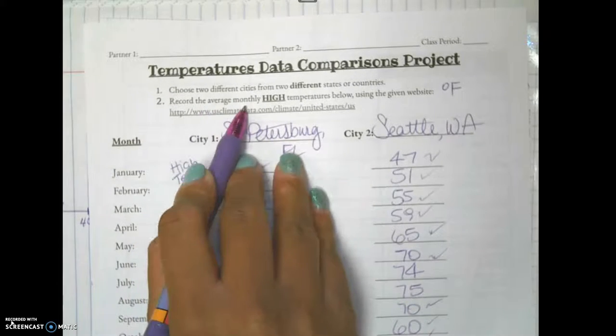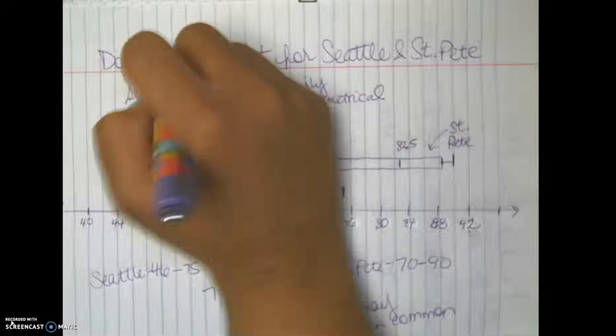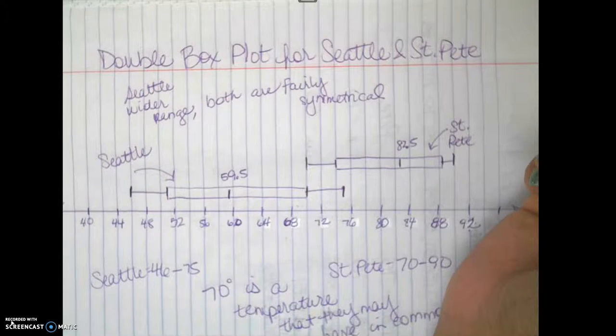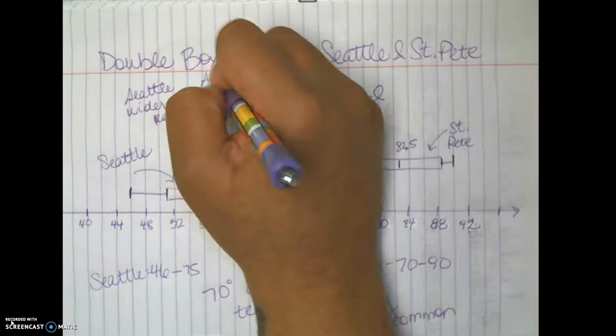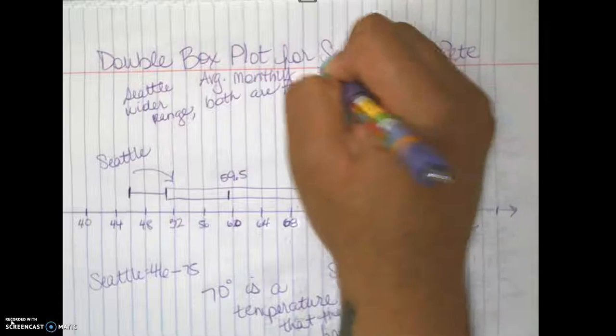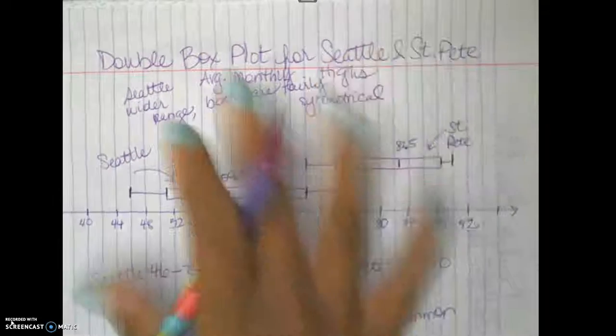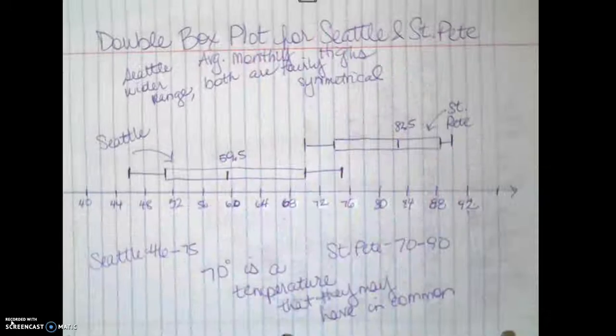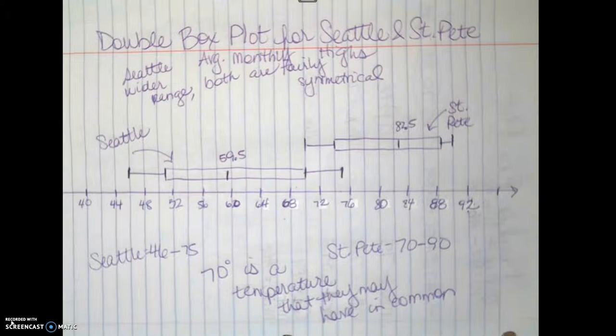Average. Average monthly. For Seattle and St. Pete, average monthly highs. Again, this is my sloppy copy. I want this to look neat and well thought out and well done when you turn it in on Wednesday. Question. We have